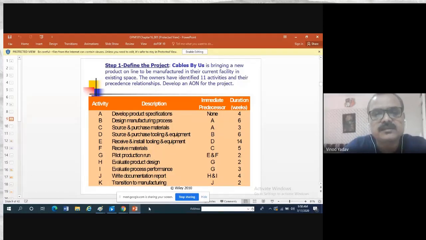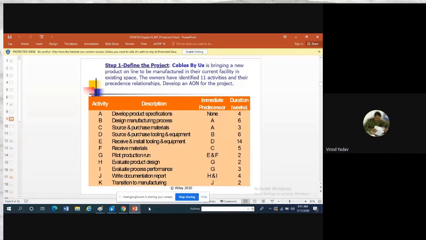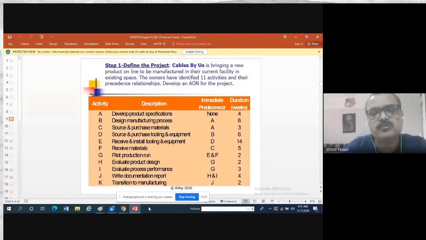The next thing is evaluation. Evaluate product design. Evaluate process performance. Once your production is done, you have to evaluate your design and you have to evaluate your process performance. Whatever product you produce, you have to check that product. You have to check your design, whether it is functioning or not. If there is any problem, we may have to go back and update things, either in the specifications, or we may have to buy some materials, or our process will change. It may take a few more days. All those things will be done during product design and process performance evaluation.